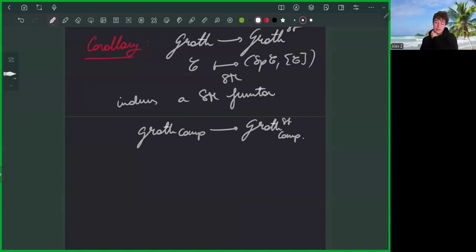Okay, so that's the claim. So in particular, this functor here is symmetric monoidal, and it's the same functor. And so this is also symmetric monoidal. And the proof is short,